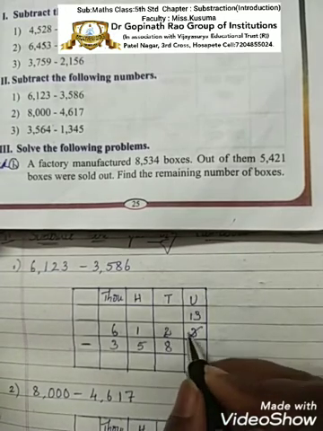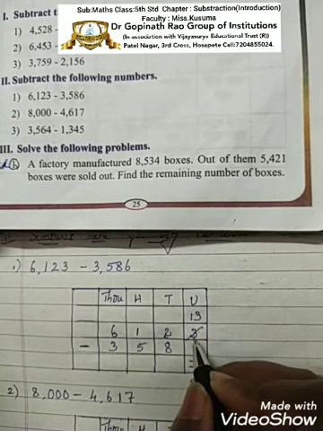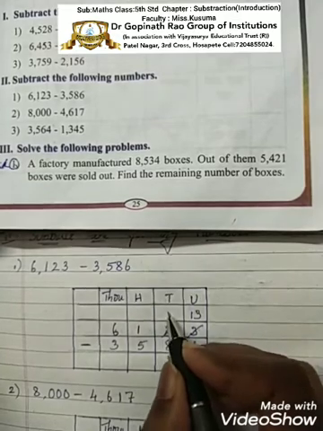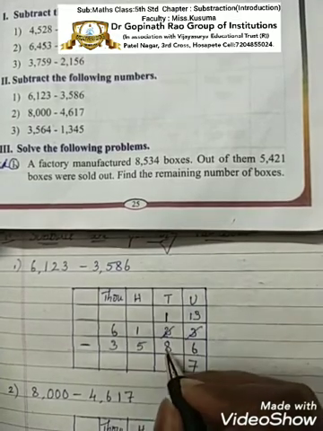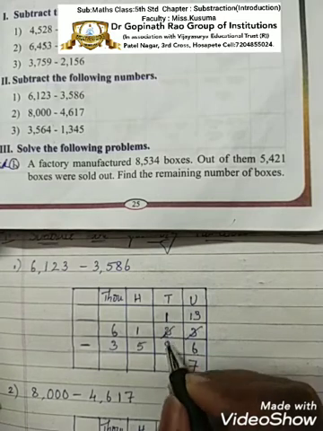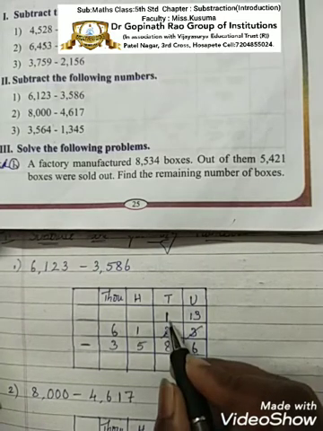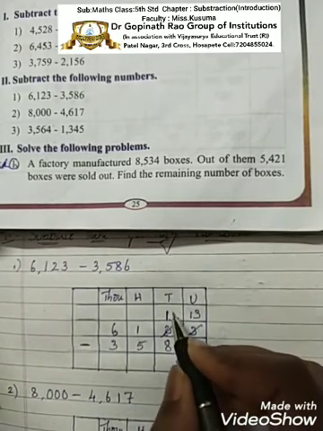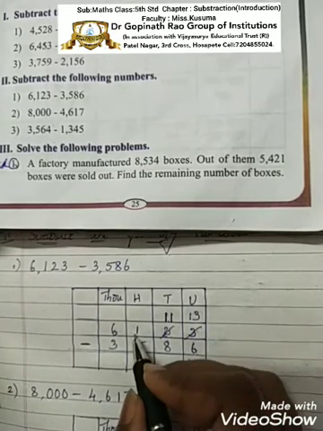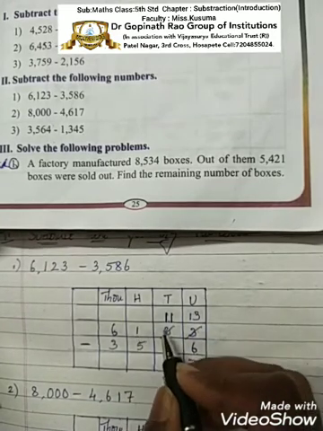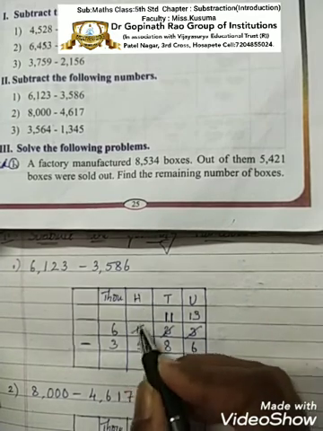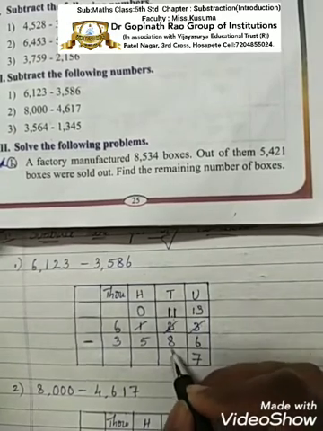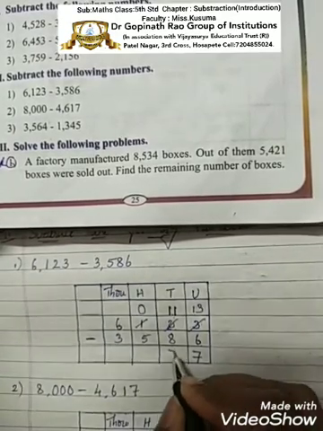Okay, we have taken borrow from 2, isn't it? Then what happens? 2 becomes 2 minus 1, that is 1. The left out number is 1. See, again in 1 minus 8, we can't subtract 8 from 1, isn't it? So again we have to take borrow from the next number. 1 becomes 11. What about this number? It has only 1. When it has given to the other number, it becomes 0. Now let us subtract here. 11 minus 8 is 3.